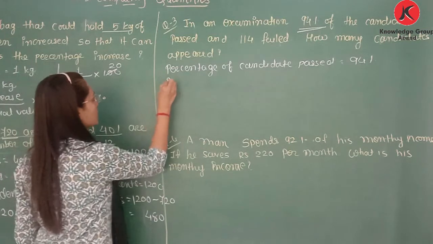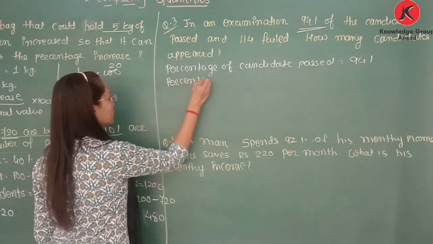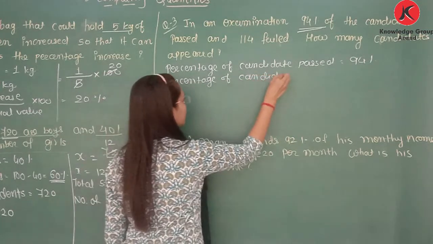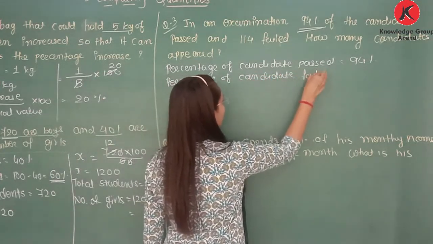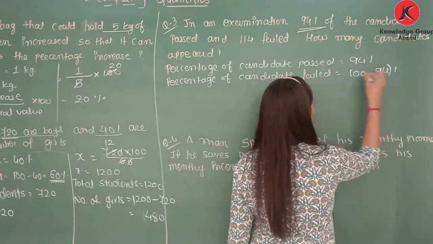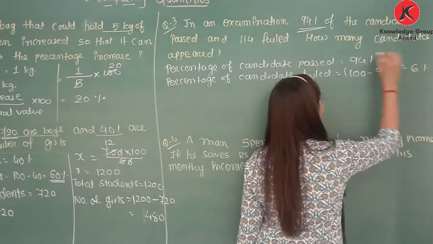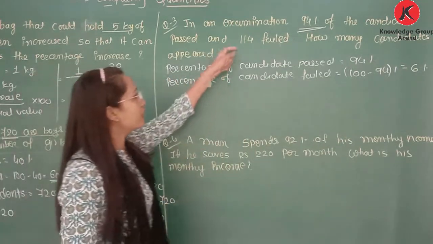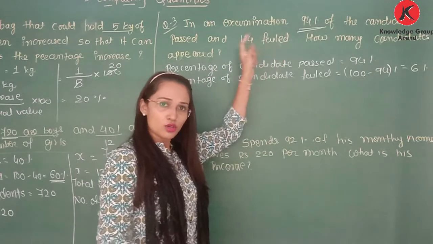Now from the pass percentage we can find the percentage of candidates who failed. So we can write percentage of candidates failed is 100 minus 94%, that is 6%. Means 94% passed, 6% failed. Here the failed number is given, so we can write